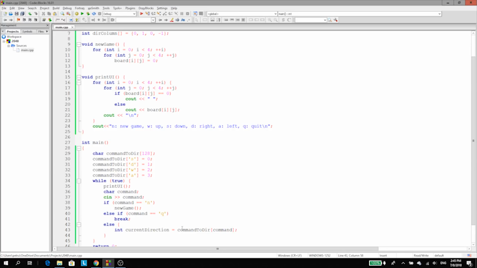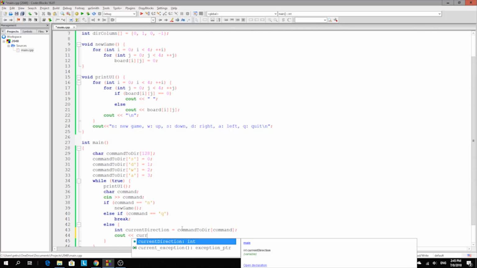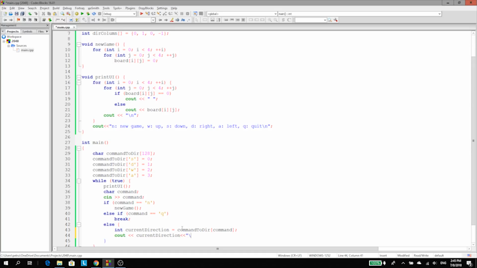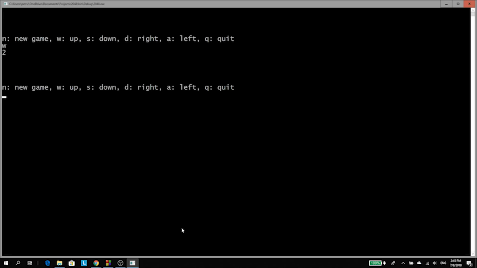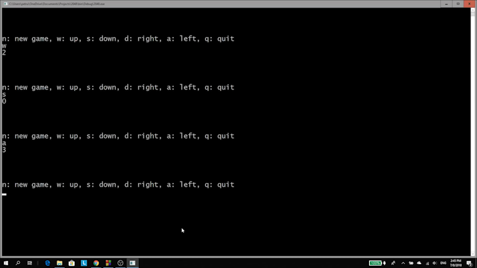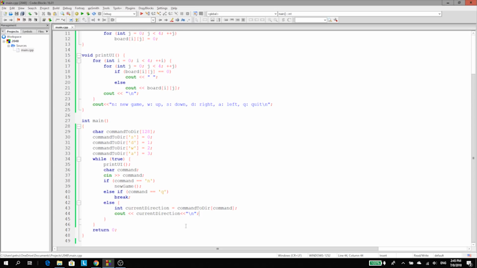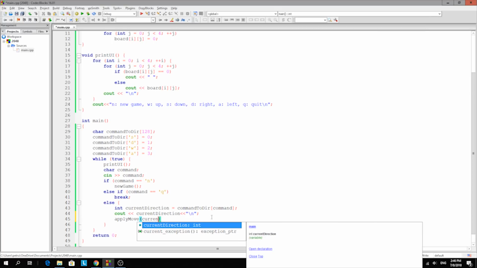And if we are curious, if we did the mapping right, we can also print this current direction and see if we did everything right until now. It's a really good thing when you're writing more complex programs to test them every time you implement a small part. So let's say I'm pressing up is 2. If I'm pressing down, so S is 0, A is 3, and D is 1. So we can quit this, and then we have to apply move of current direction,